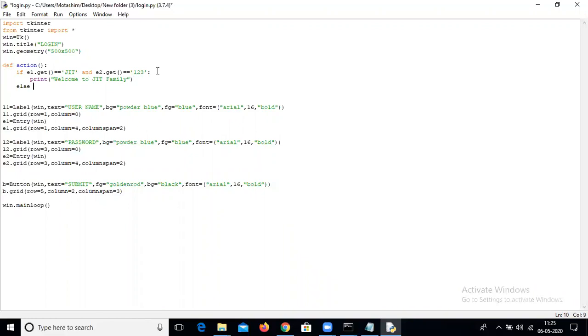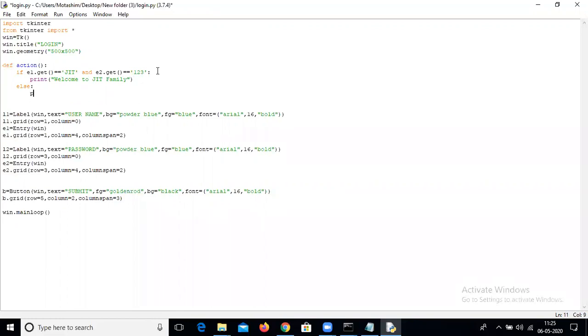Else, if there is any mismatch of values, then it will show the message wrong credentials. But it will not work yet.